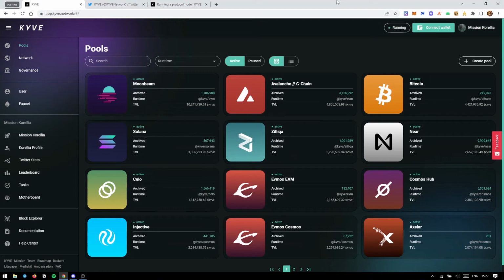Hello everyone, today we're gonna dive deep into KYVE incentivized testnet and the way you can earn more rewards. So let's get started. First you need to go to